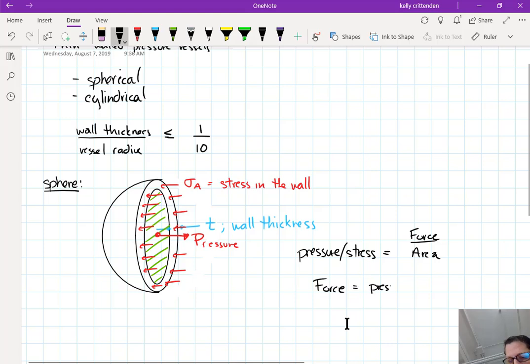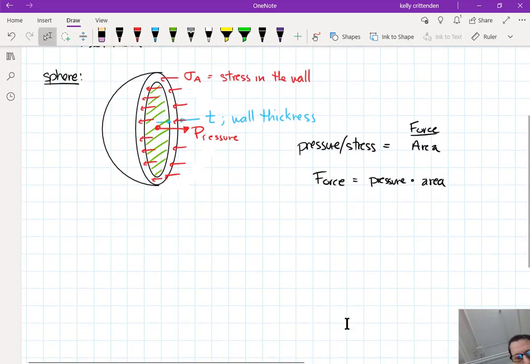I'll just do pressure here. All right. So the force associated with this internal pressure would be